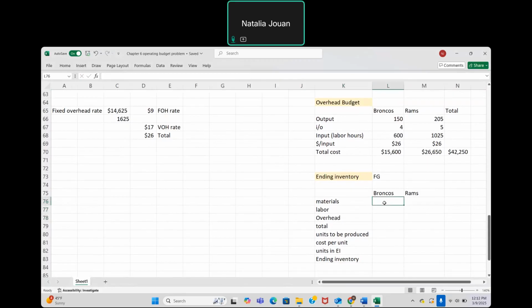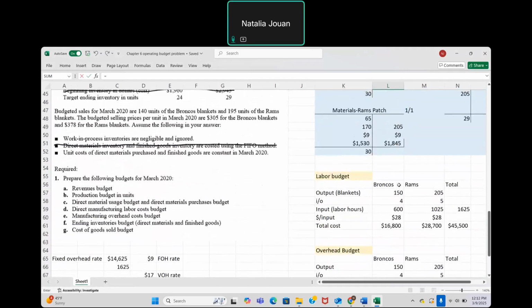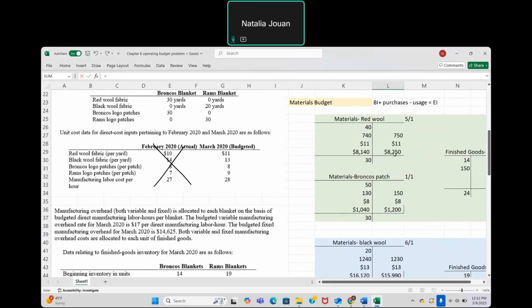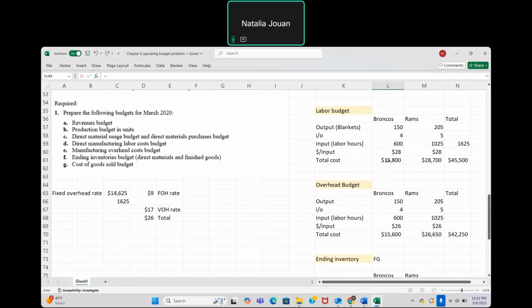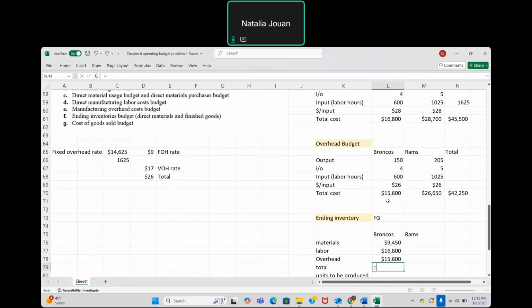Let's add it all up. What is the total cost of materials in production? Let's copy that from the materials. We have it, right? So we're going up to Broncos now. The Red Bull plus the patches, right? That's the total material cost. Then we have the labor. We copy from the labor budget. And then we have the overhead. Copy from the overhead budget. So we have total manufacturing cost of